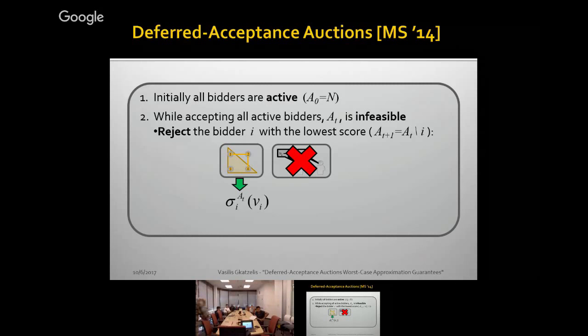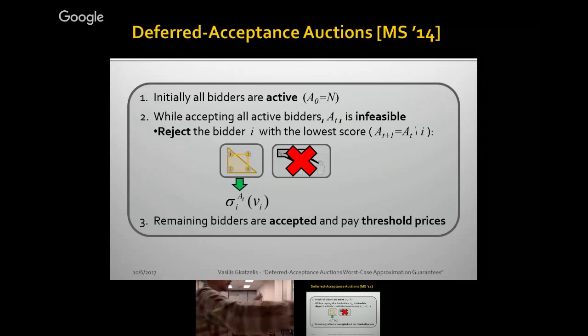So for bidder i, at each round, I have a score, a number, that summarizes the attractiveness of that bidder. And this score can depend on any information, on what happened in the past, on who's still active, but not on the values of the people that are still active. It cannot in any way depend on this information. And as long as you do that, and at the end pay threshold prices, there exist prices that make this group strategy proof and a bunch of other properties I'm going to discuss.